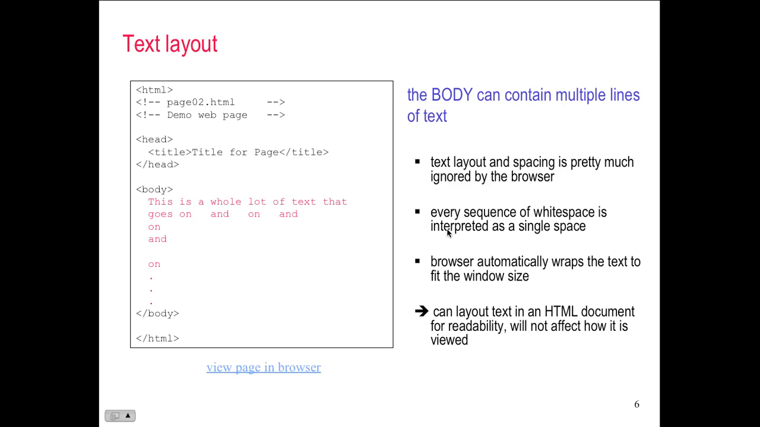Every sequence of white space is a single space. And this is the other thing people don't like. So they go, okay, I'm going to put 5 spaces in. 5 spaces is 1 space. 20 spaces is 1 space. 15 spaces is 1 space. Everything's 1 space. So you actually have to use an ASCII character sequence to put in a space, a non-breaking space,